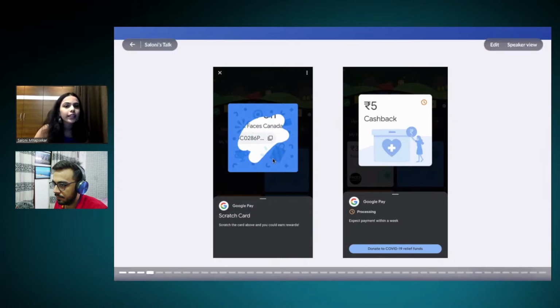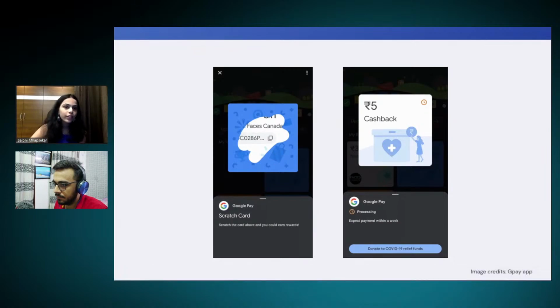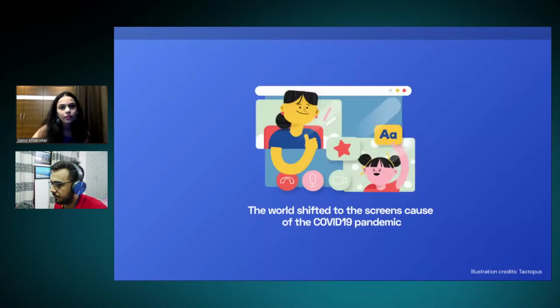While on my left hand side, you can see this interaction where they have made it familiar to the real experience of scratching a scratch card. That is done by the experience designer, who thinks about what kind of delightful experience we would like to give the user. So as a product designer, I at times do both or at times one, but I decide what kind of digital experience the user would go through, especially in the educational domain.